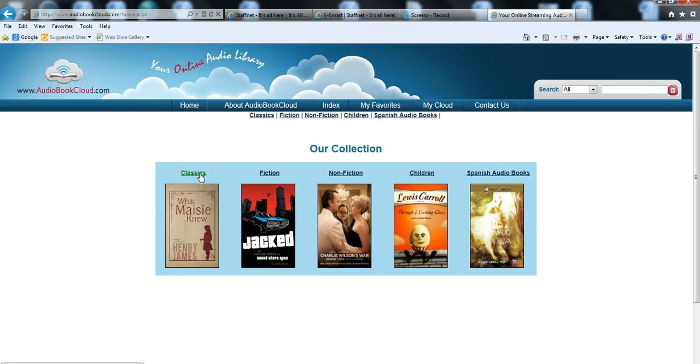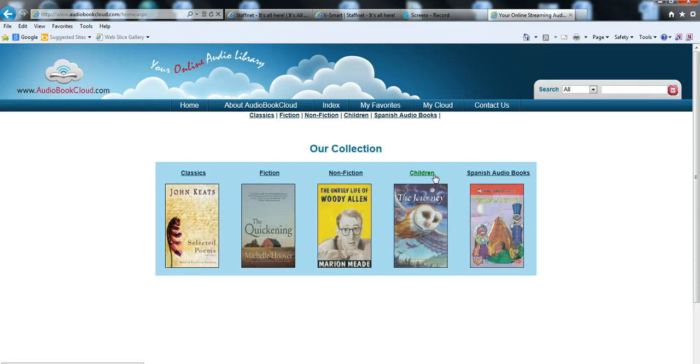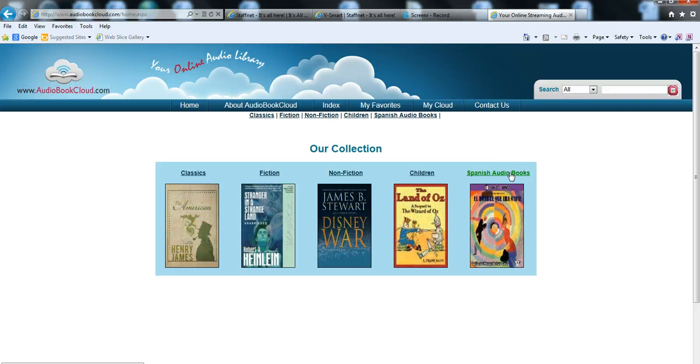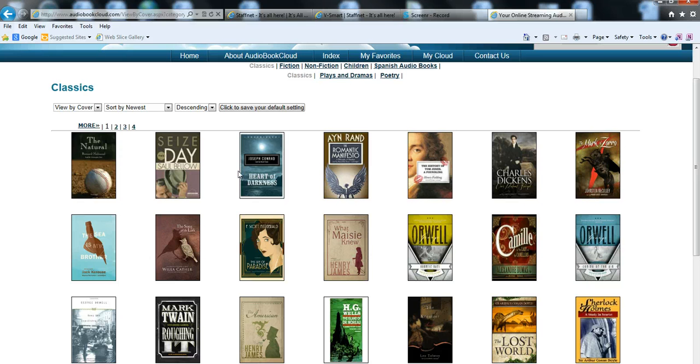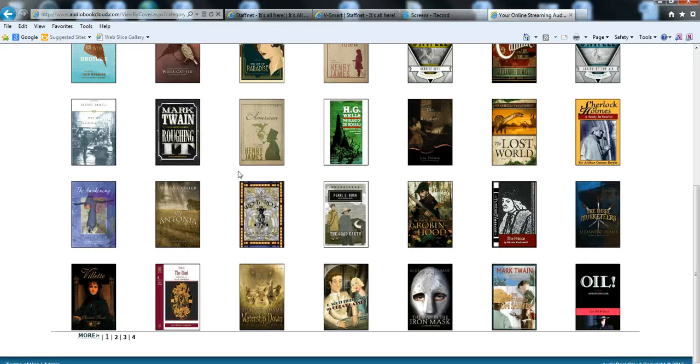Now in this case you can see we have classics, fiction, non-fiction, books for children, and Spanish audiobooks, all of them in an audio form. Now if we click on one of these books, we will be taken to the collection. And right now I think I'm showing fiction, but I'd like to show you the classics. And why I've chosen the classics is there's lots of cases where people are required to read books for a course, and there's a lot of books in this collection that are in the Ontario curriculum,